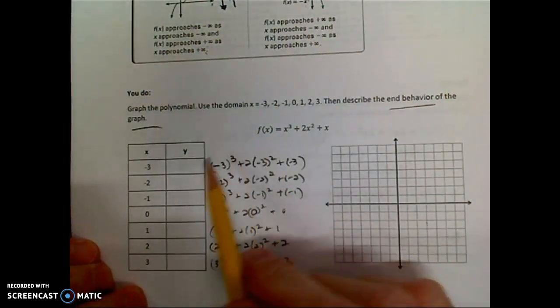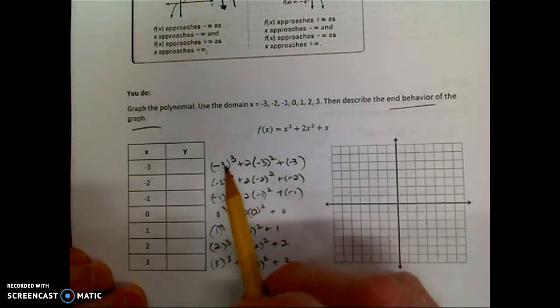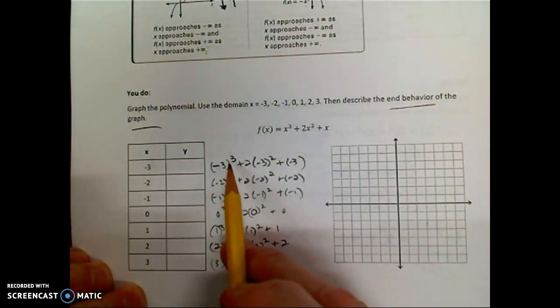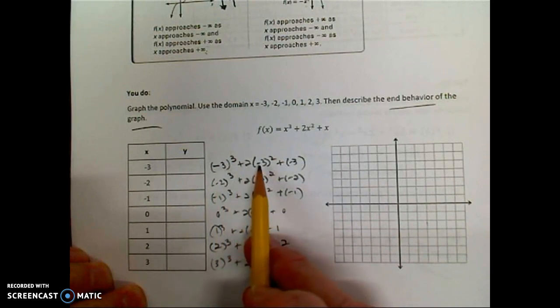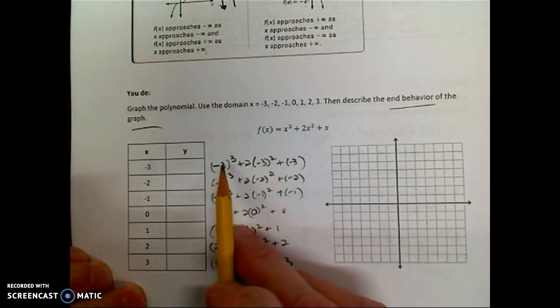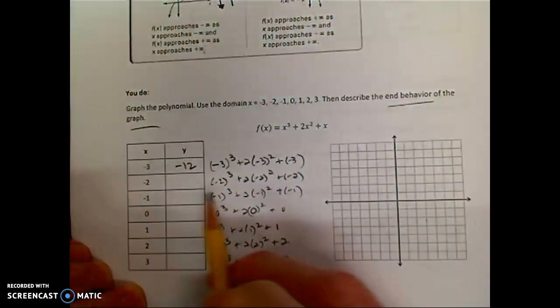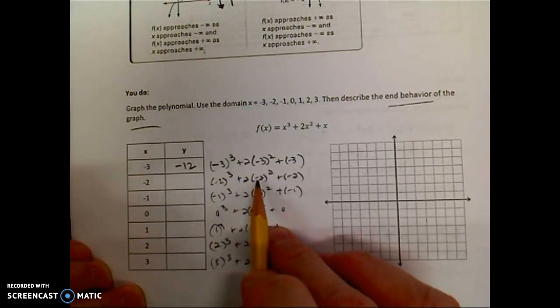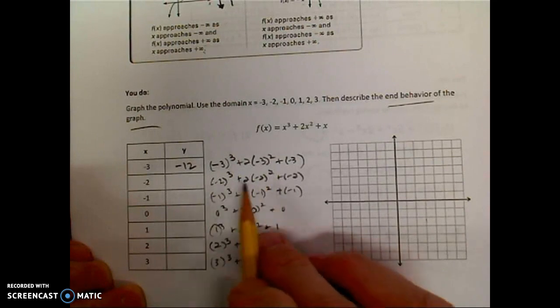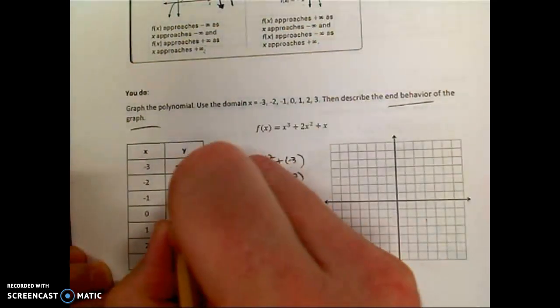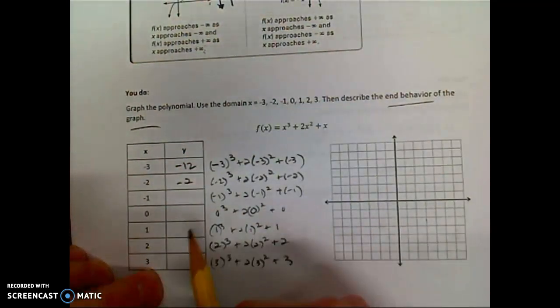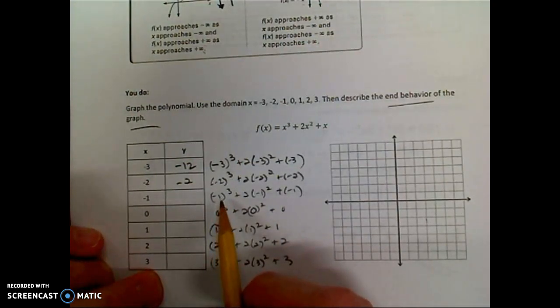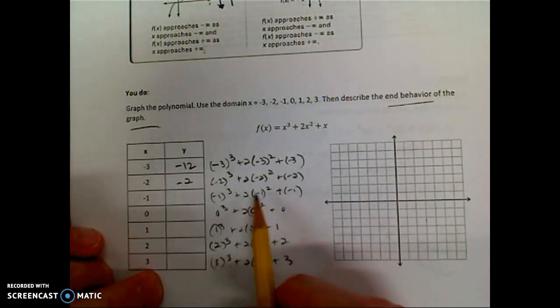So if you went ahead and substituted in your values, it would look something like this. So let's simplify these. Negative 3 to the 3rd is negative 27. 2 times negative 3 squared, that's 2 times 9 is 18. Negative 27 and 18 is negative 9. Plus negative 3, that gives negative 12. If I put 2 in here, that's negative 8. Plus 2 times 2 squared, 4, so that's positive 8, so that goes to 0. Plus negative 2. If I substitute negative 1, I get negative 1 plus 2, that's positive 1, plus negative 1